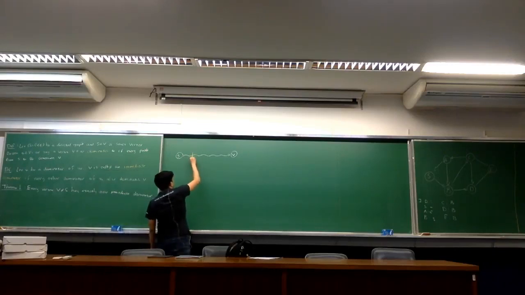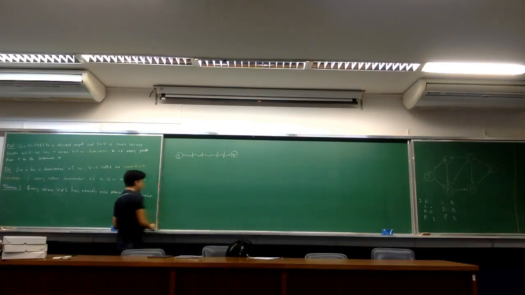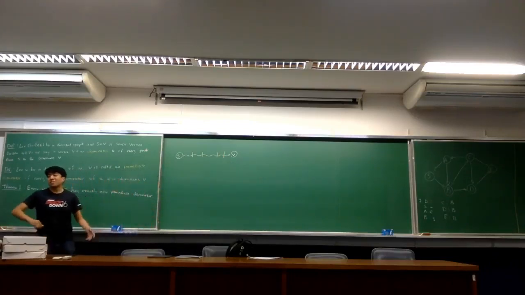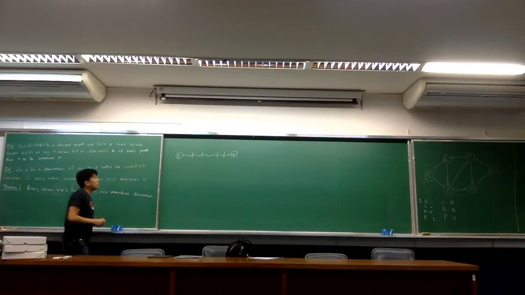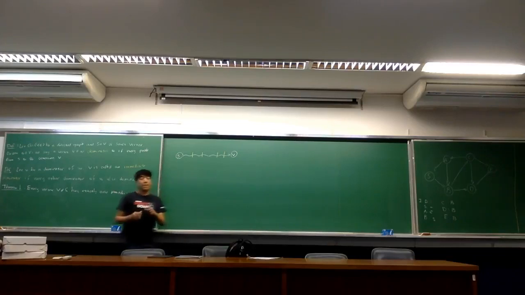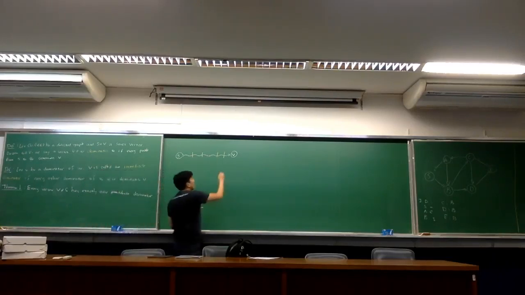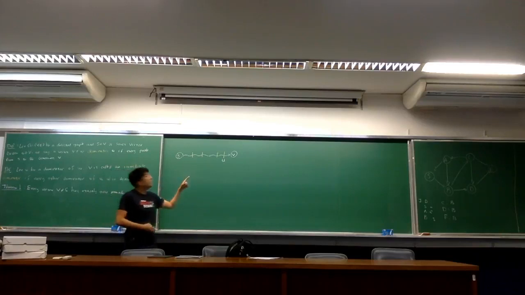That might be a dominator here, here. But the same dominator might appear more than once because the path doesn't necessarily have to be simple. But suppose that these are all the dominators. So, cool. We know that every dominator has to appear on the path from S to B. That's the definition of dominator. Now, consider the last dominator that appears on this path. Call it U. Now I claim that U is an immediate dominator of V.